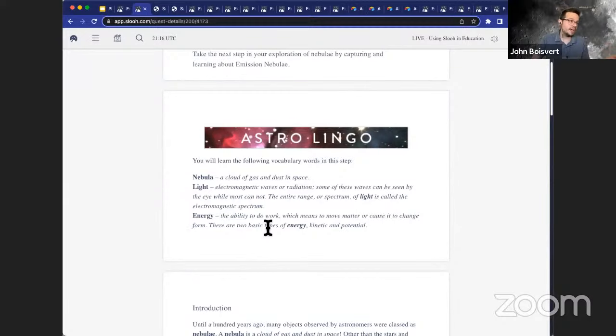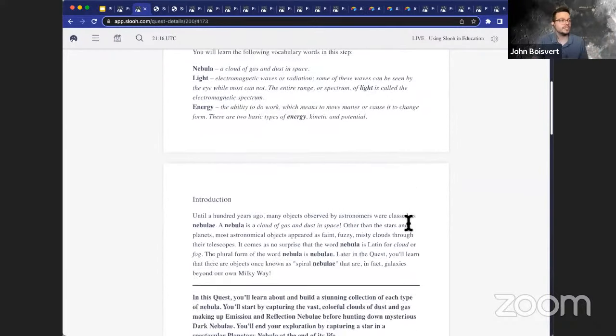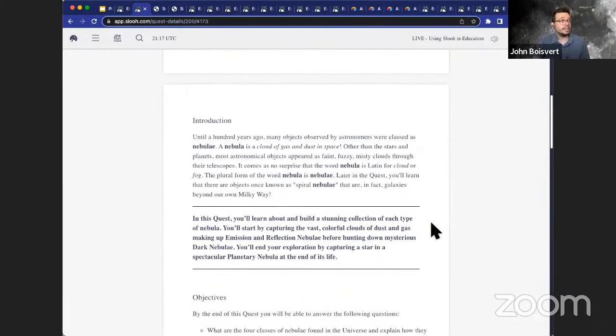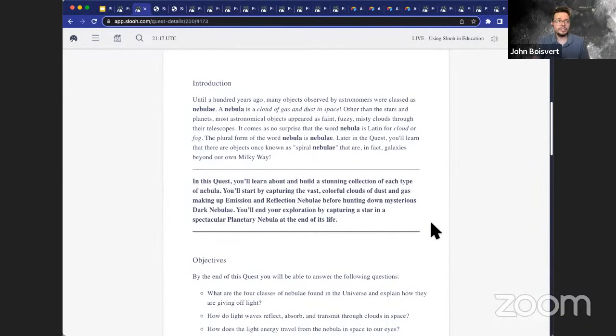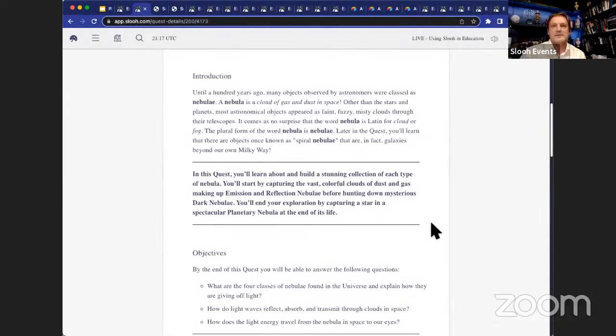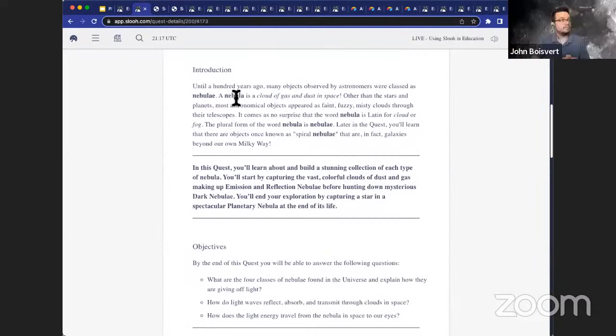You don't necessarily have to read this, but this is a good spot where the vocab words are, so that if at any point a student needs to refresh themselves, they can always scroll up and see these astrolingos. As I scroll through the quest a little bit, you'll notice that the text has changed. Some of the vocabulary words are bolded, and the first time that the definition for the vocabulary word shows up in the paragraph, it is italicized as well.